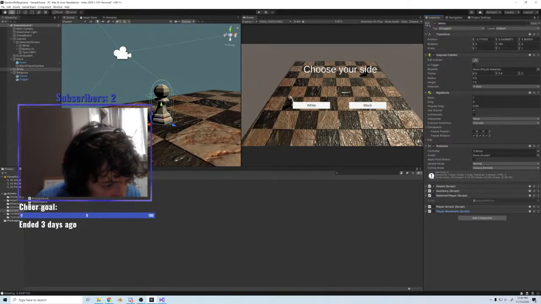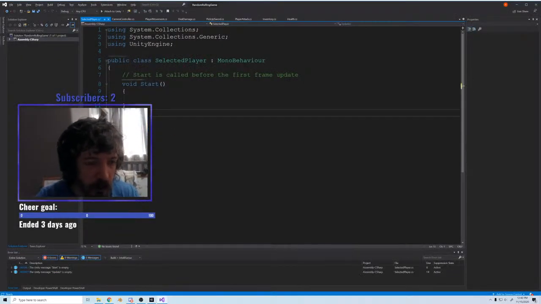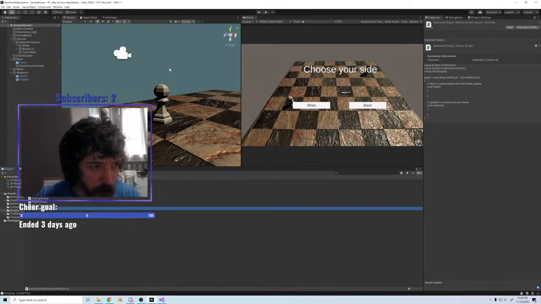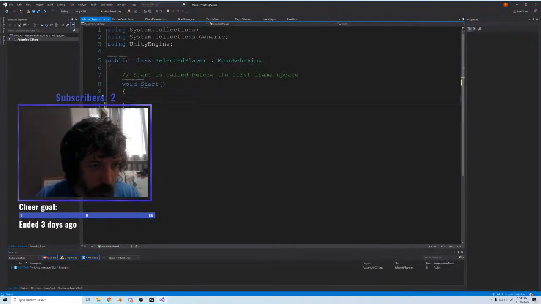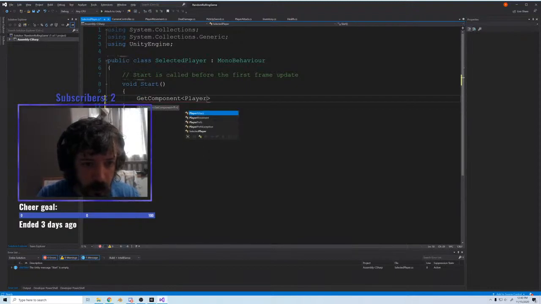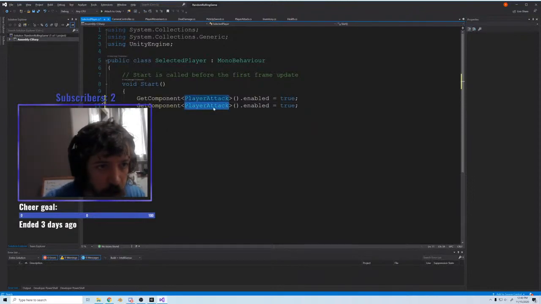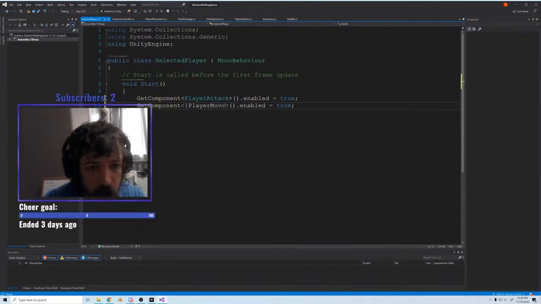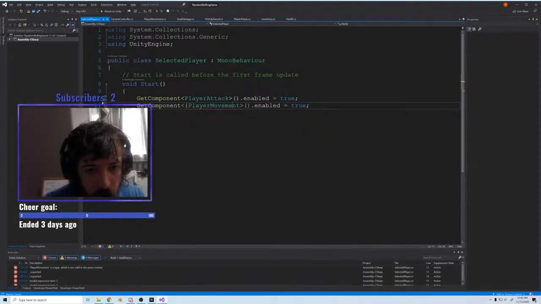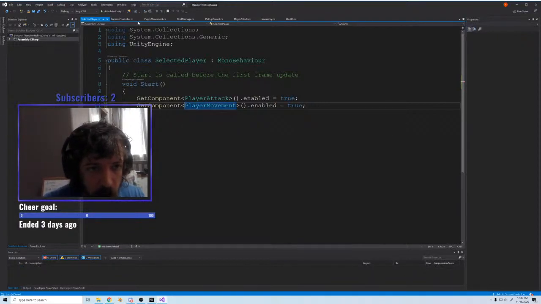So we need to do the select the player script. And on start, it's going to get component player attack, enabled equals true. And the same thing with player movement. So it's kind of like picking the player here. Oh, okay, alright. Let's see what happens. And then with this one you do